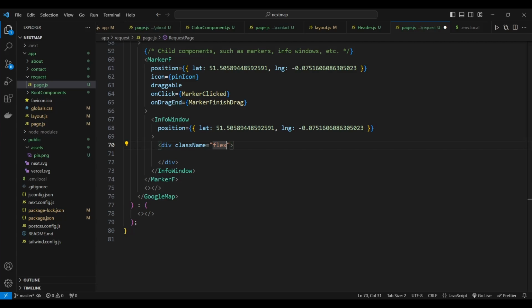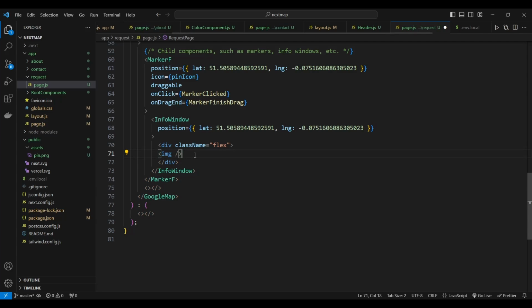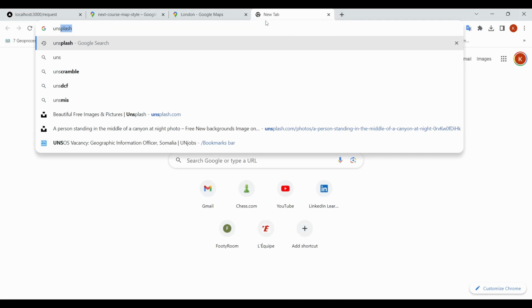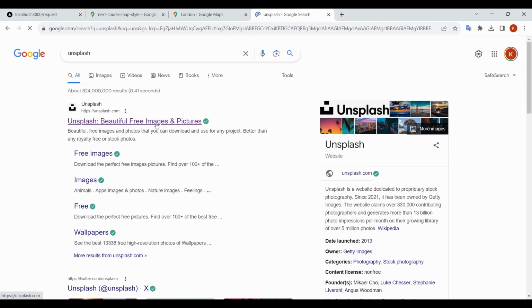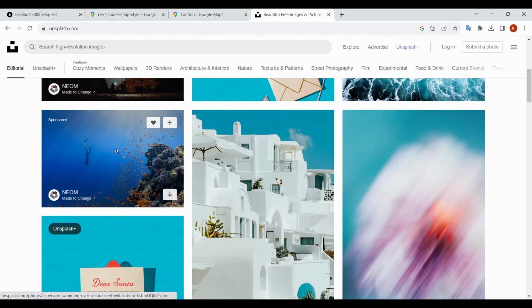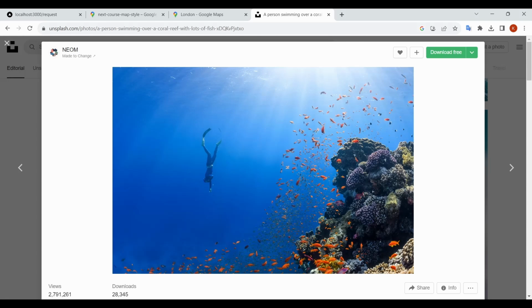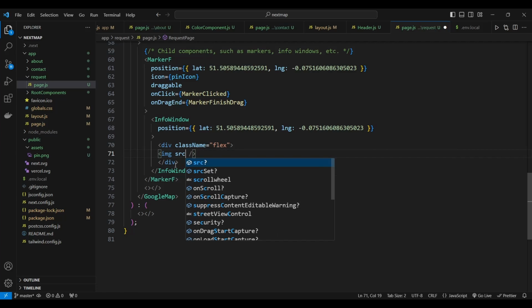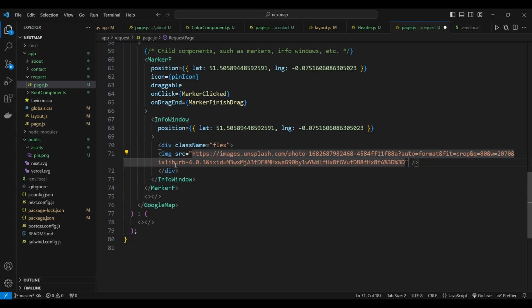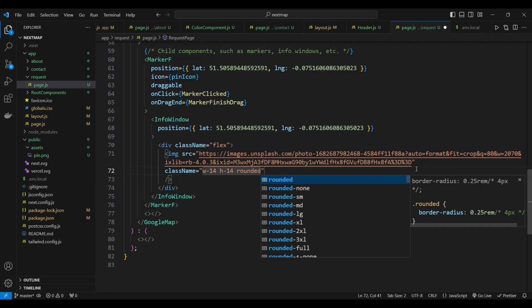We'll use an img element for the image. For now, we can select a random image from Unsplash. Navigate to Unsplash, choose an image, right-click to copy the image link, and paste it in the src attribute. Next, let's style this image. We'll apply a class name with a height and width of 14, making it a circle with the rounded full